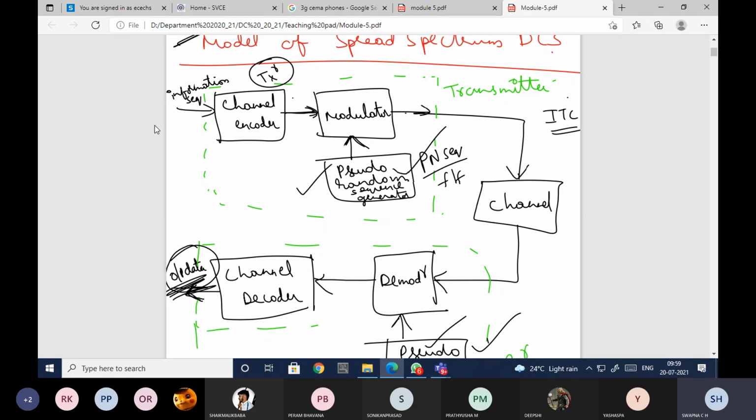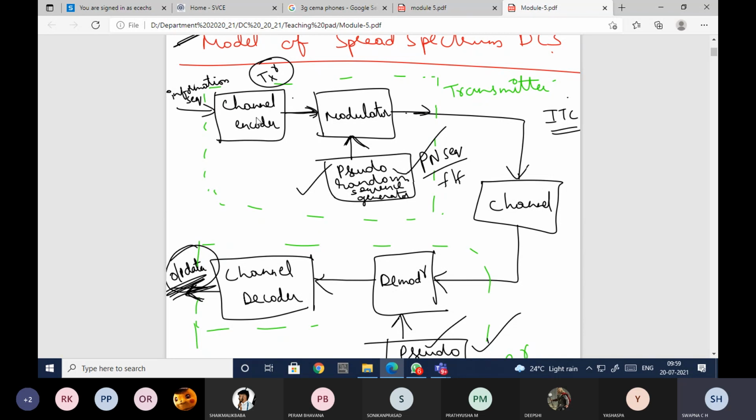The reason we add redundancy is to provide error detection. While transmitting, if any errors occur, this channel encoding process helps us to find out the errors if any are present. That is the use of the channel encoder.